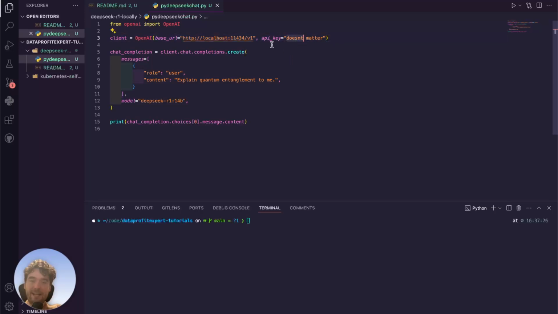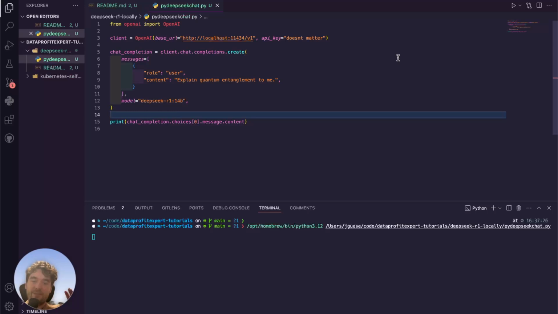An API key is required in this library, but we can set it to whatever. And then we can actually communicate with the local DeepSeek as you would have done it with OpenAI, for example. The important thing is still to select DeepSeek in here. And that way we can even just communicate with Python with our DeepSeek model in the background,